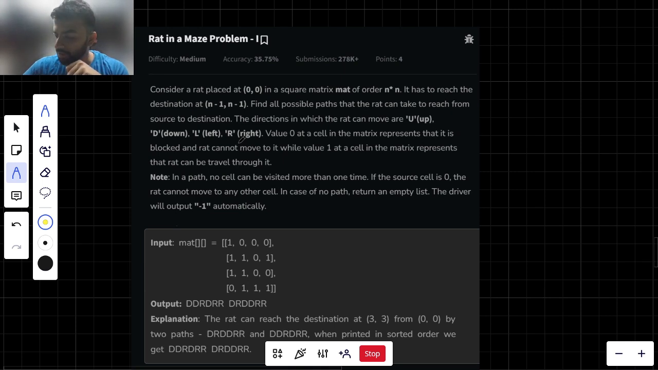Guys, today we are back with another problem, and today's problem is a medium-level problem on recursion. This problem is the rat in a maze problem. It's a very famous problem in the medium category. And what it is saying is that we will initially be given a square